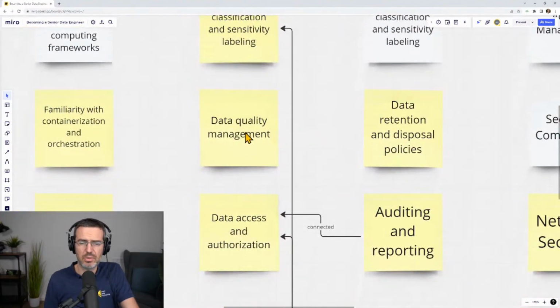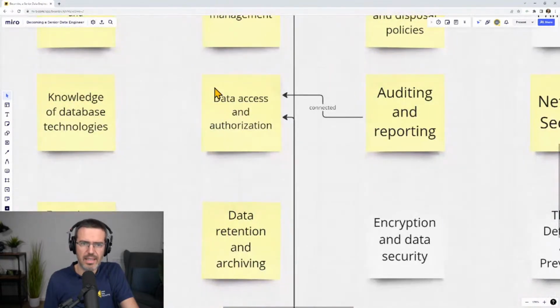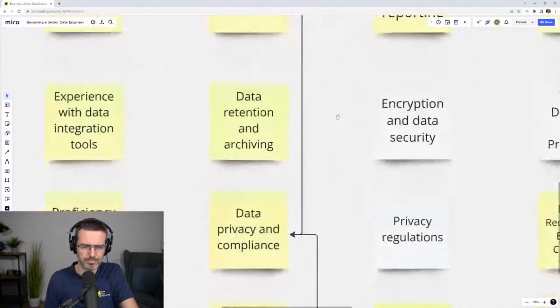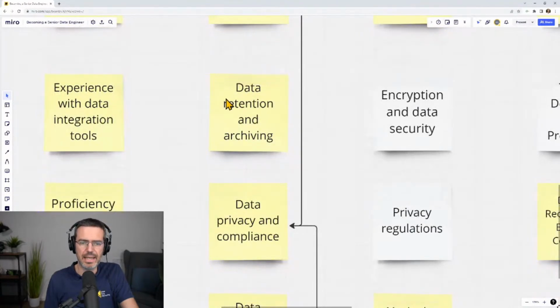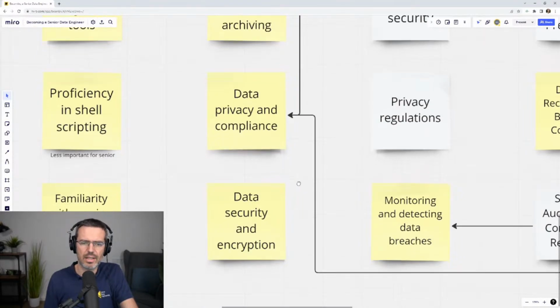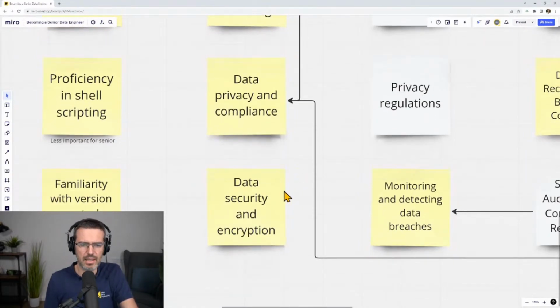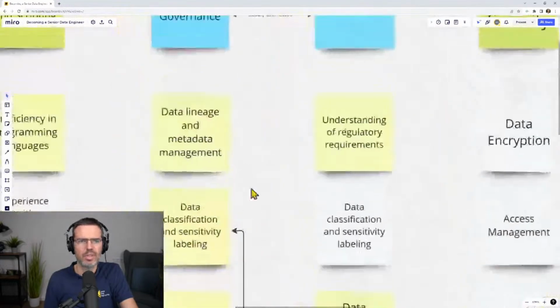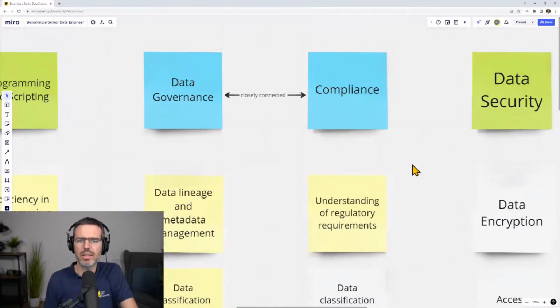It's figuring out the data quality and keeping the data quality in check. Data access and authorization, as I said. How long are we keeping the data, and privacy stuff with data like GDPR, or the, I always forget what the US pendant to this is, and also data security and encryption. That's generally the governance part.